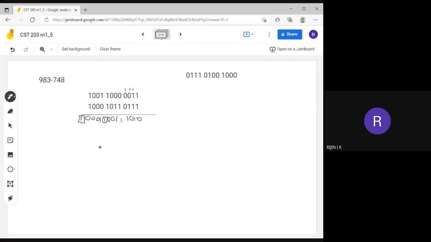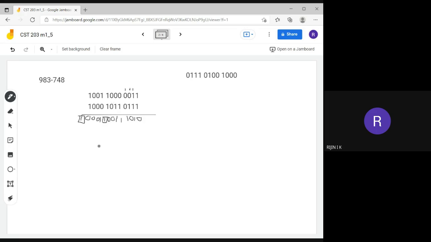Okay, so these are the results: 0101 1100 with the carry, 1000 with the carry. In this, two carries are generated. So this is the end around carry. Before that, one more carry was generated in this step.